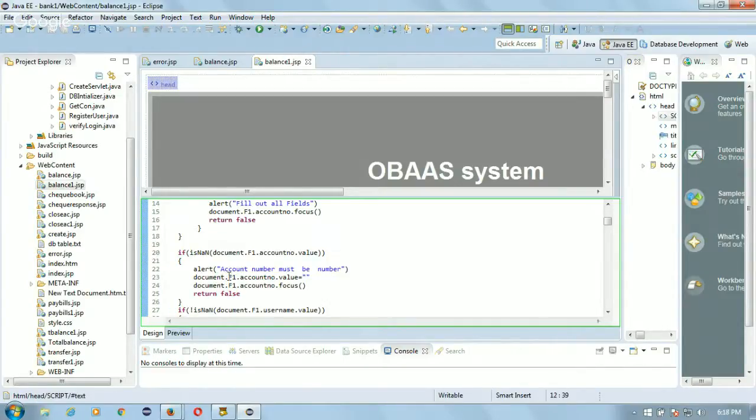And here what we are saying, document dot f1 dot account number dot value, and we are checking